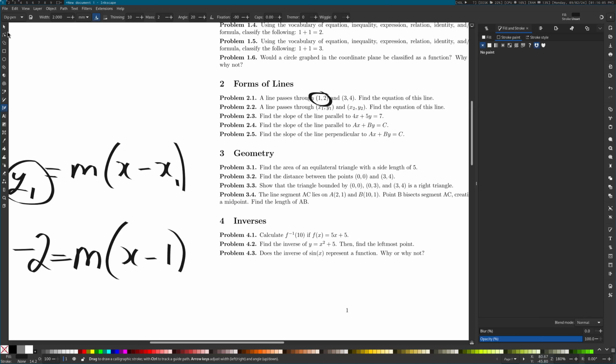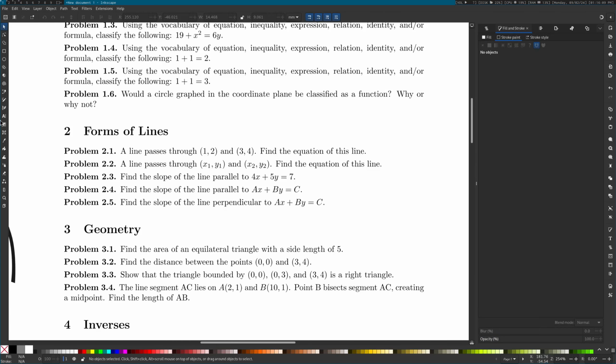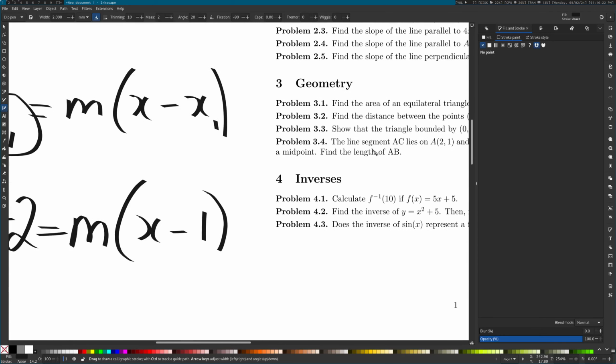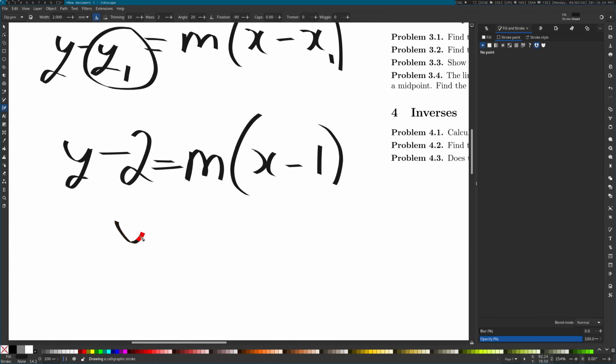Okay, and now let's find the slope between these 2 points. It's change in y divided by change in x. So we go up 2, and we go to the right 2, right? So it's just 1. Yep, the slope here is just 1. Okay, so now we plug in 1 for m. So y minus just 2, subtract